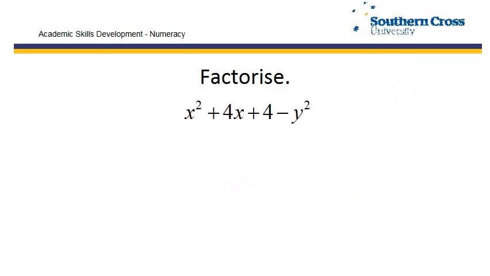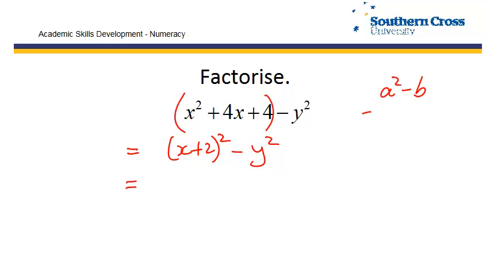Now we're back to an expression that contains 4 terms, but this one's different to the others. The others that we did earlier had a grouping factor. This one doesn't. You can see looking at this that this is a trinomial that is a perfect square. Hopefully it's a perfect square. It's x plus 2 all squared minus y squared. Now I need to do that because of the length of the video, but that is a perfect square. So now we have a difference of squares and we can apply the difference of squares identity, which is a plus b, a minus b. So this is our a, this is our b, so it becomes